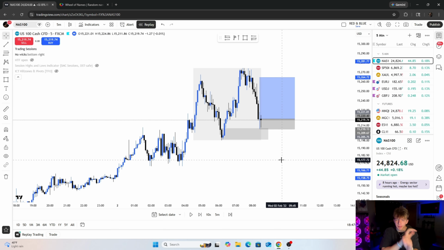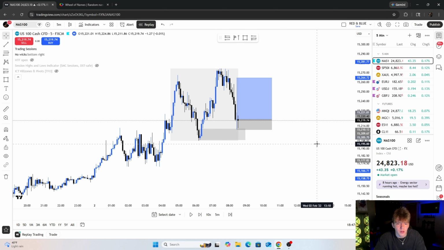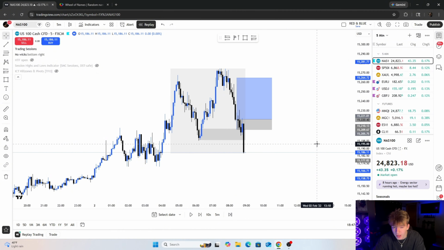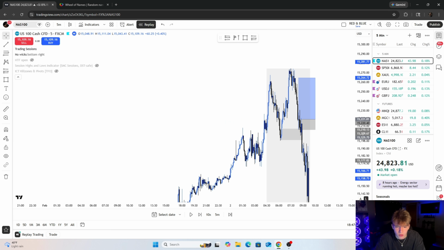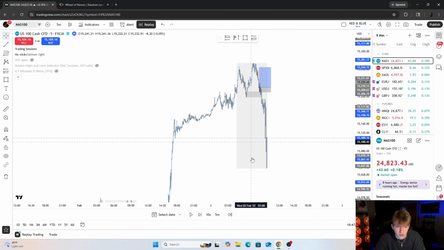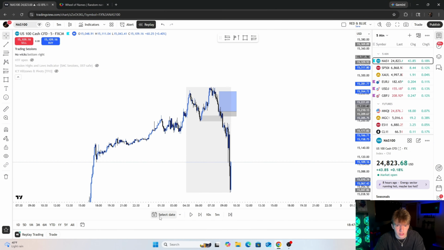But this trade could completely 100% win. I could be 100% wrong. I'm fine with missing out on potential winners that just aren't good quality. But that's my thought on this trade. It did end up losing. That's exactly what we ended up doing, taking out lower liquidity. We did end up taking out these lows as well. So it's looking like a higher time frame, because we're really overextended right there.